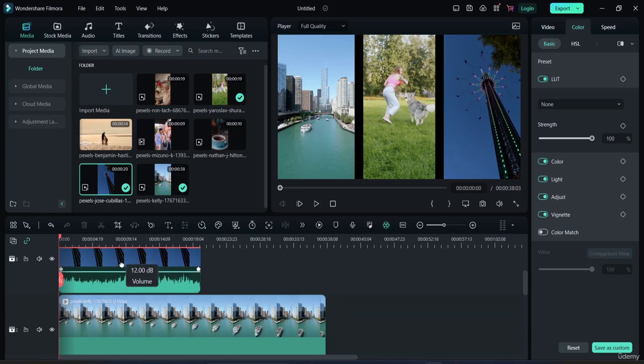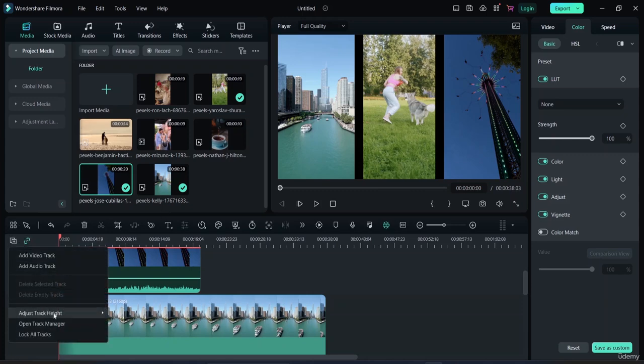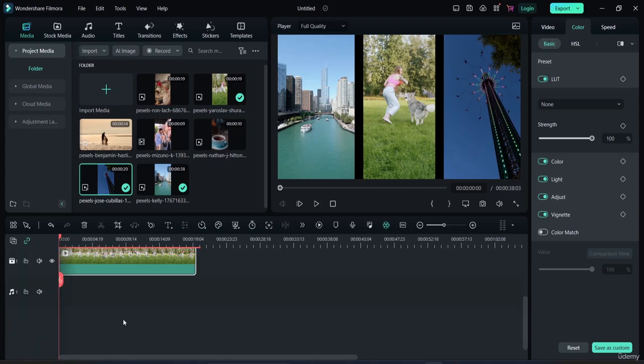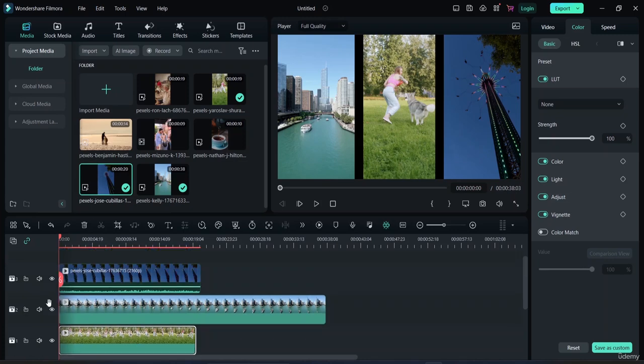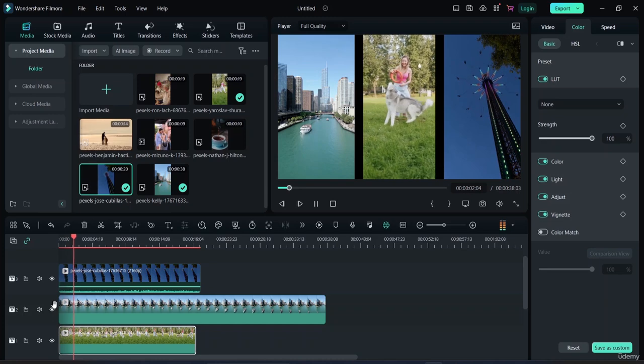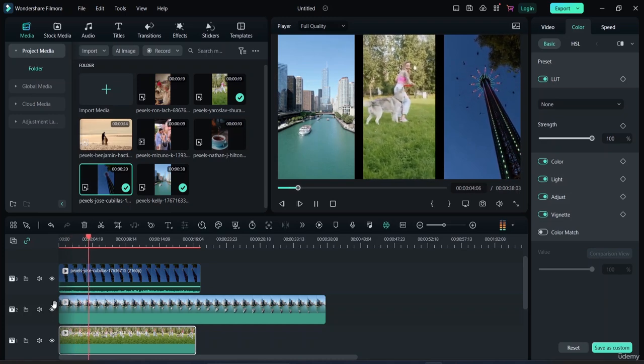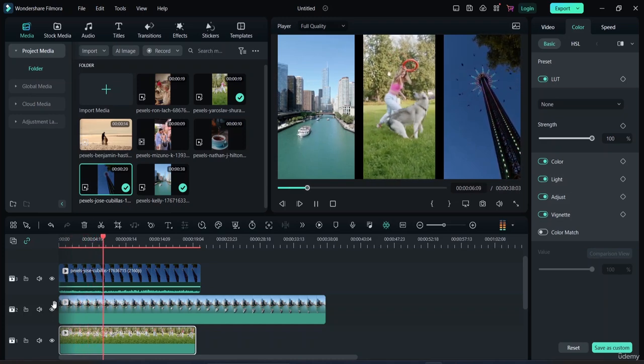Okay, the highest you can do is by 12 decibels and you can take down according to yourself. So let me just keep this one here. And now let me again, I'll prefer working with the normal view here. Let me just play this video, and three of these videos are being played at the same time,